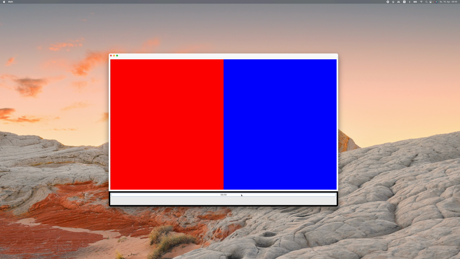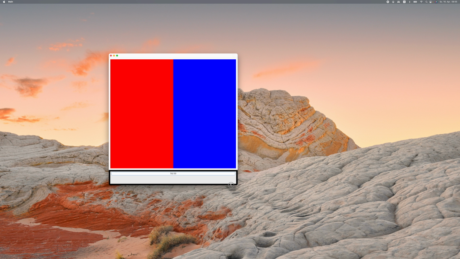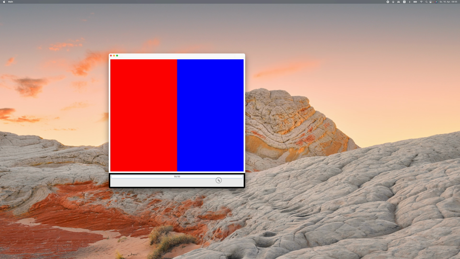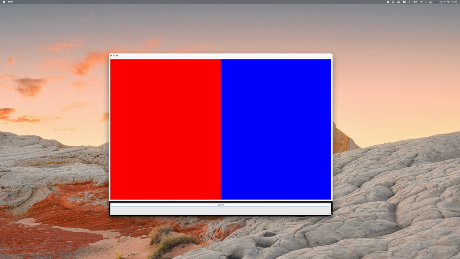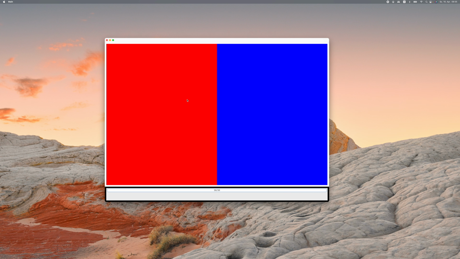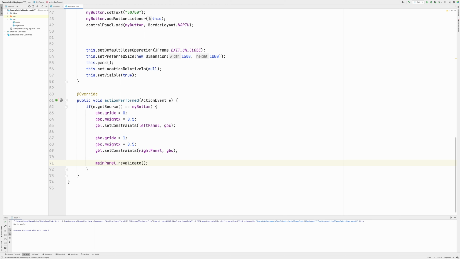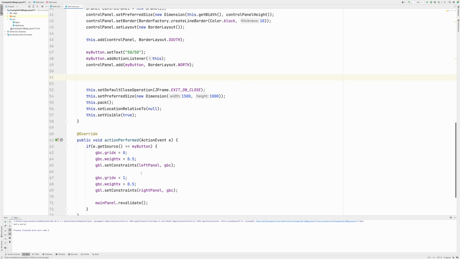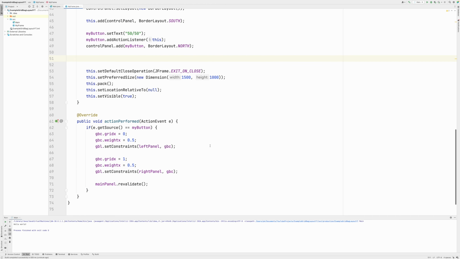And as you can see, they changed at runtime, and they maintain the 50-50 ratio as we resize the frame window. And of course, you can use any JComponents for this. So for example, you could also use buttons and make them resize, or anything, whatever you need. So this is basically it. If you use this, you can basically create any kind of